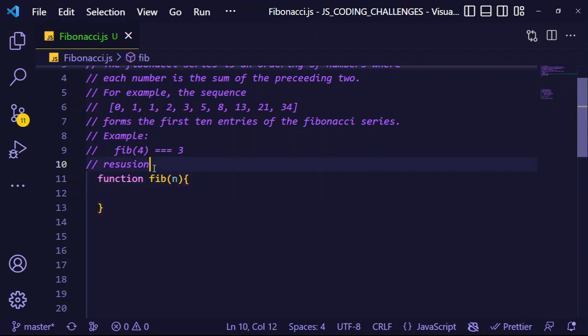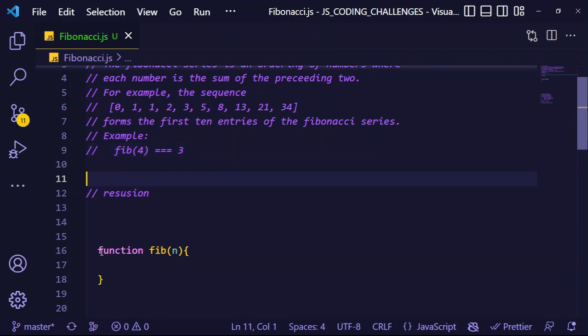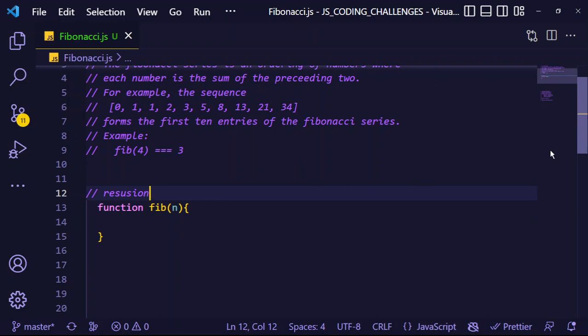The recursive solution is very easy, just like 5 lines of code. Very easy but very hard to come up with. Okay. It's very easy but hard to come up with. Alright. So first of all, the first part we're going to do in this recursive solution,